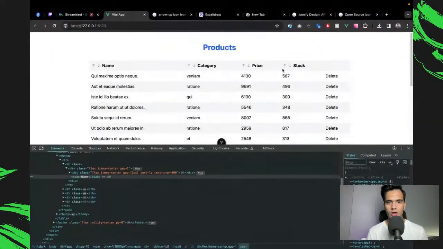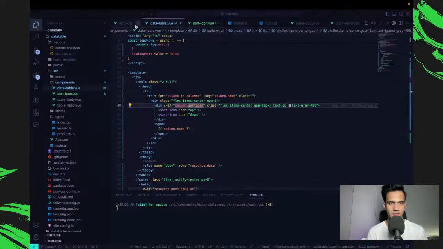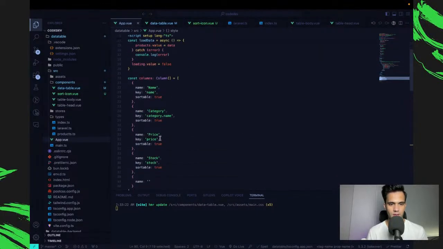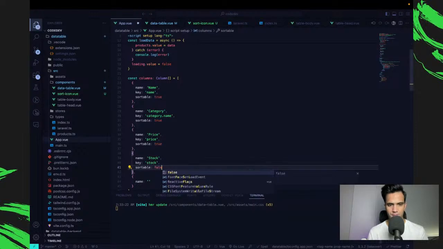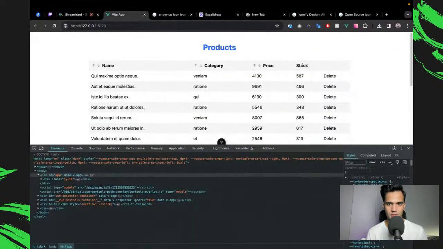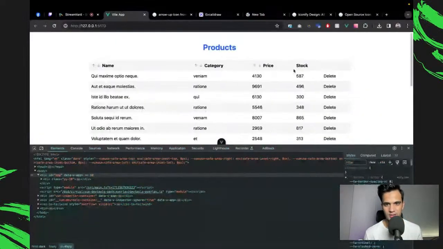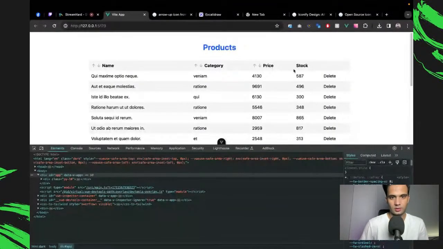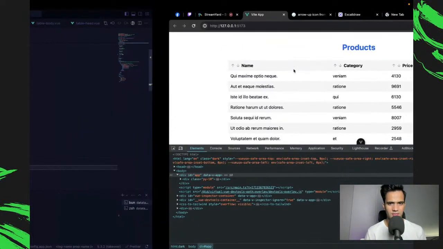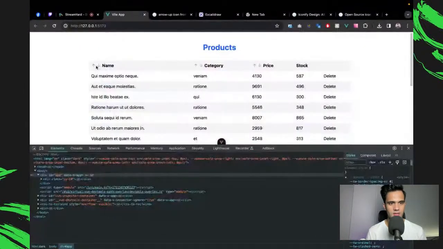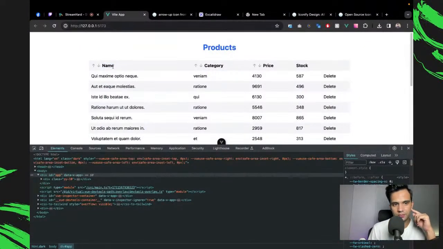Otherwise, it won't show. So right now, all our columns are sortable. So I'll go back to my app, and let's just say the stock is not sortable. So it's not sortable anymore. Another thing I can say is my fonts are very bad. But again, design is not really the theme or the domain of this tutorial. So let's just leave that for now as they are and focus on the functionality. So when I click on my column, then I want my column to be able to sort. That's the general idea.